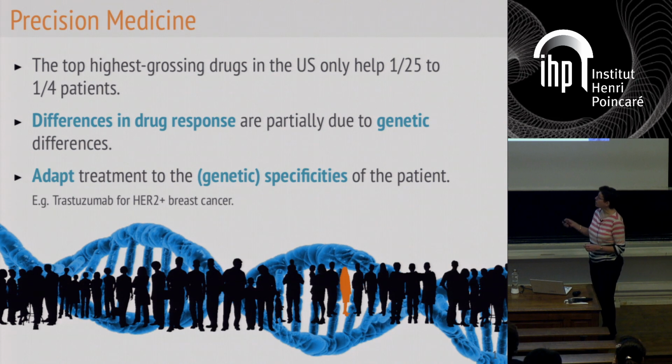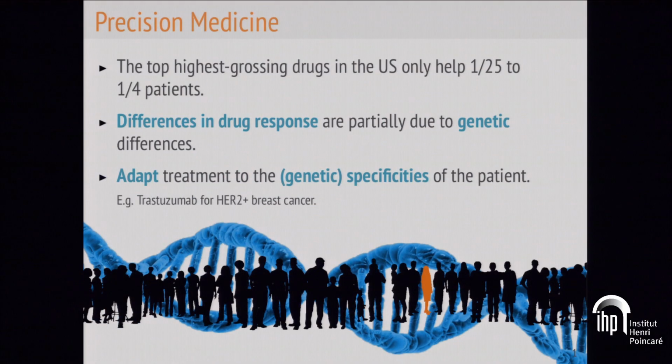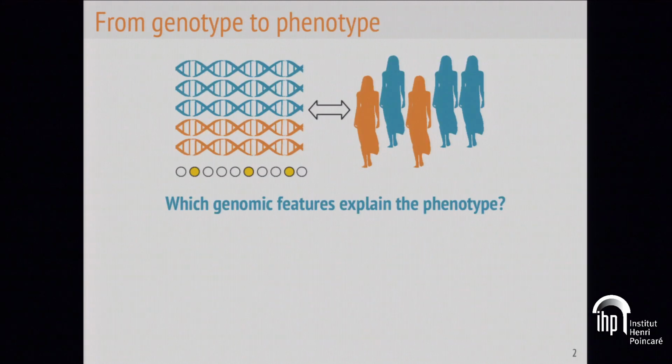This is what we call a companion test. There's a drug, but before administering it, you have to do a test. It can be a genetic test to decide whether or not it's going to help the patient. What we would like to do is to go further in that direction and find genetic reasons to explain either why people develop a disease or how they respond to treatment in a much more systematic way.